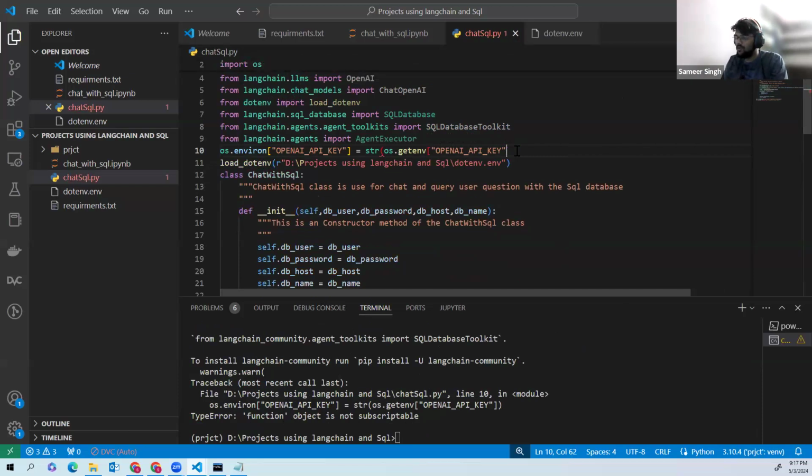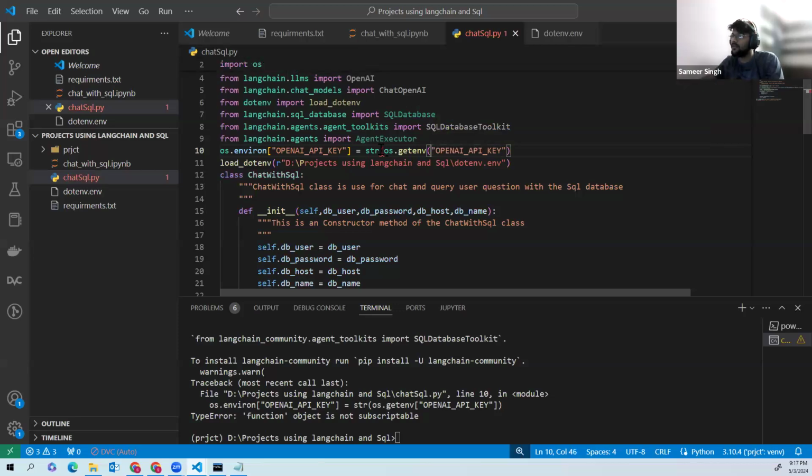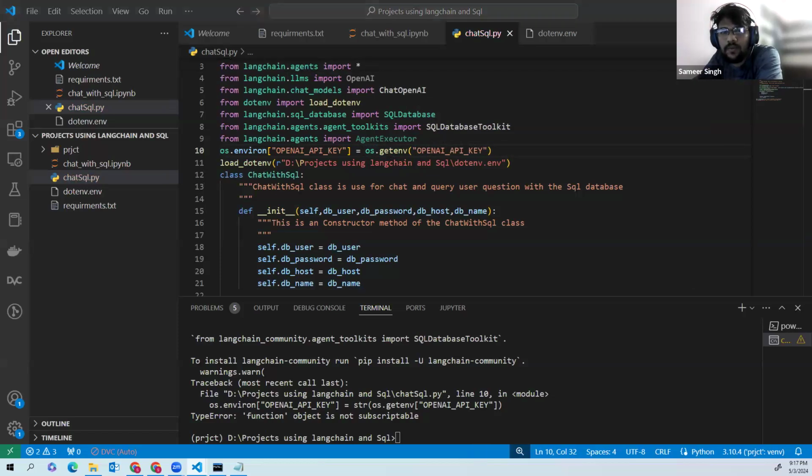The one issue was this: it should be in that form, not in the square bracket. Okay, so this was the first thing.